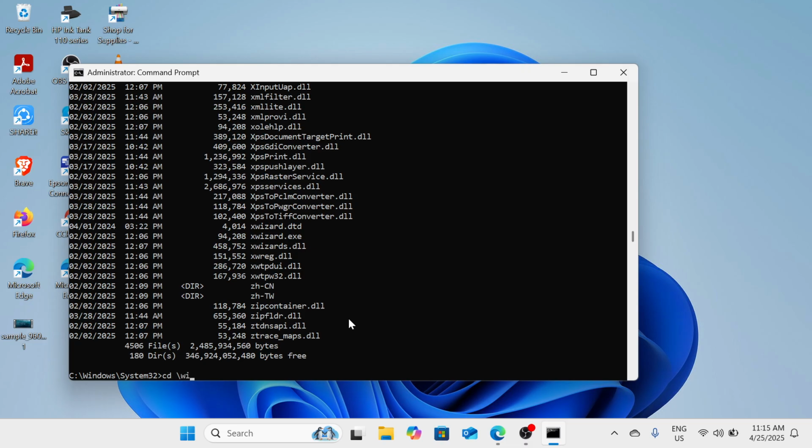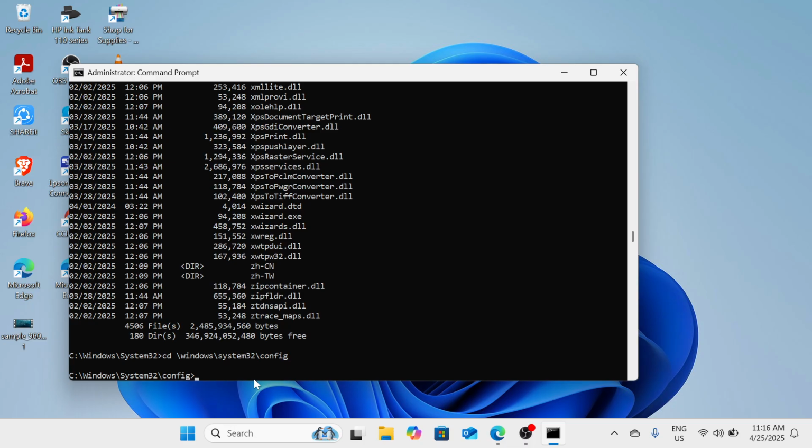/Windows/system32/config. Once you have done typing this, it's cd space /Windows/system32/config. Once you're done typing this, please press Enter, and then the next thing you need to type is md